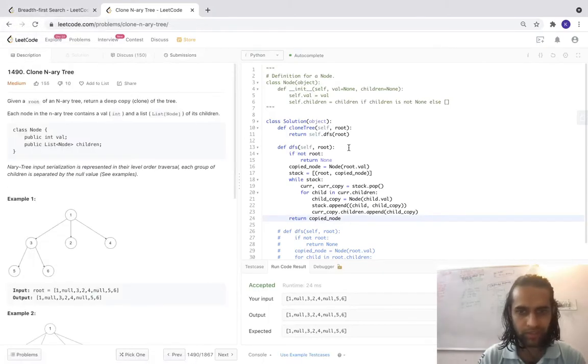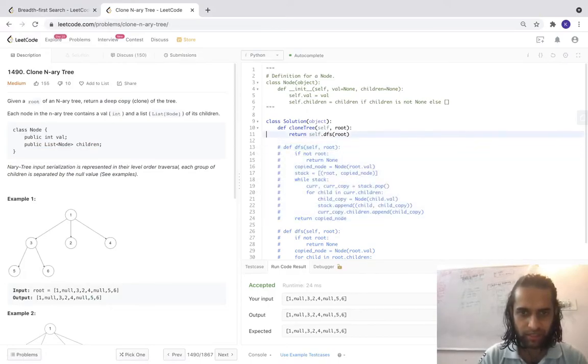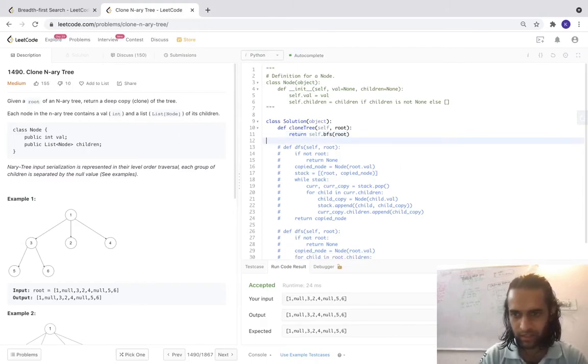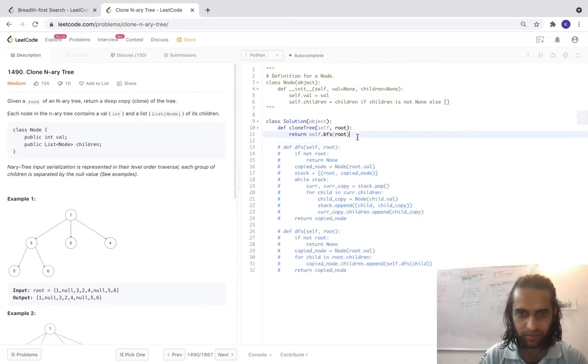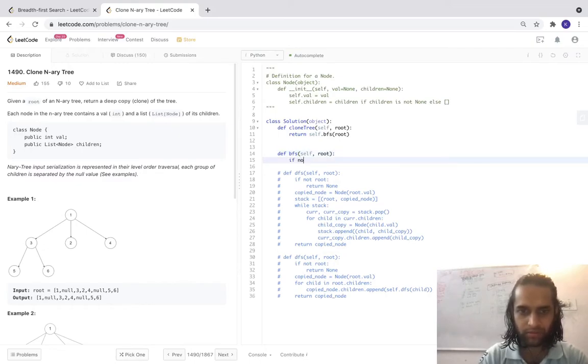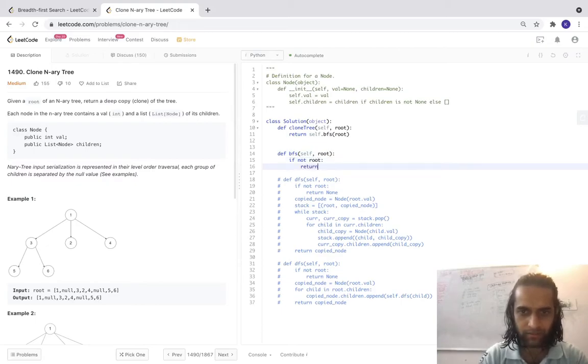So let's go to the BFS template that we are following in this playlist. I call return self.bfs(root). Let's get rid of this, and this also. Okay, let's write BFS now. If there is no root, I'll return None.